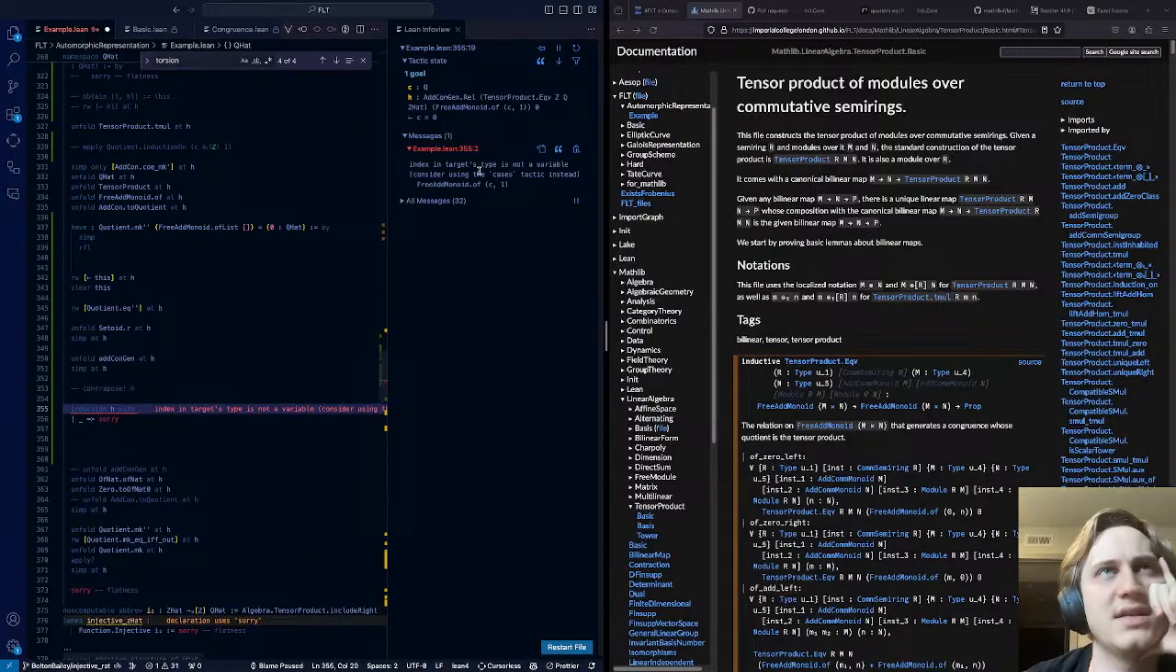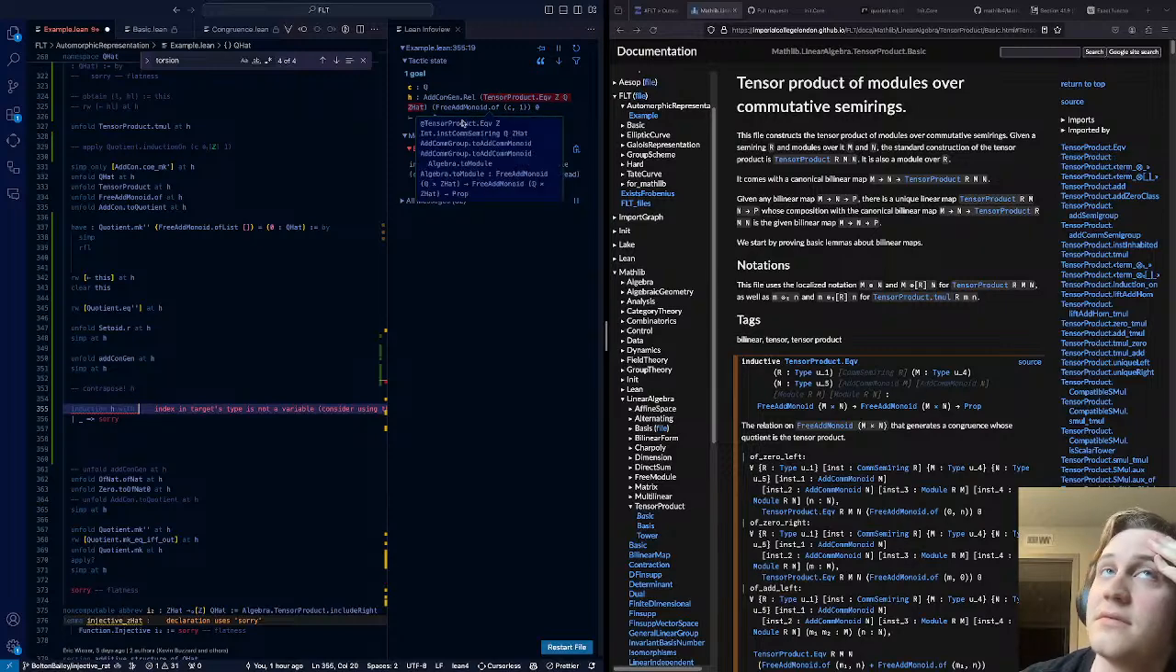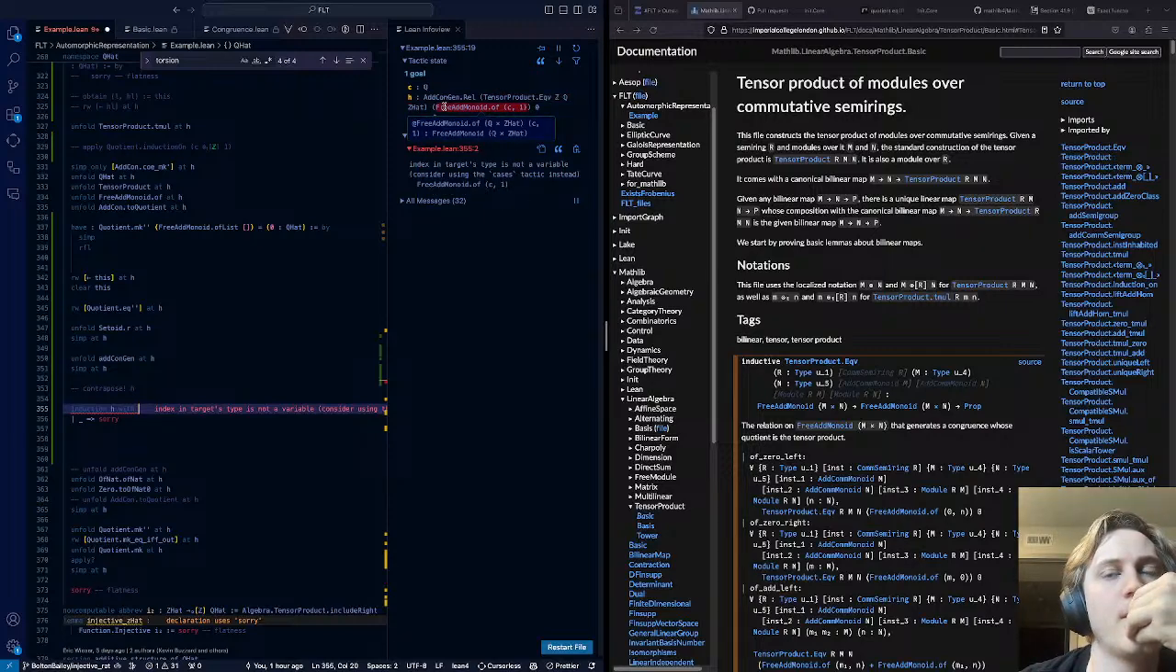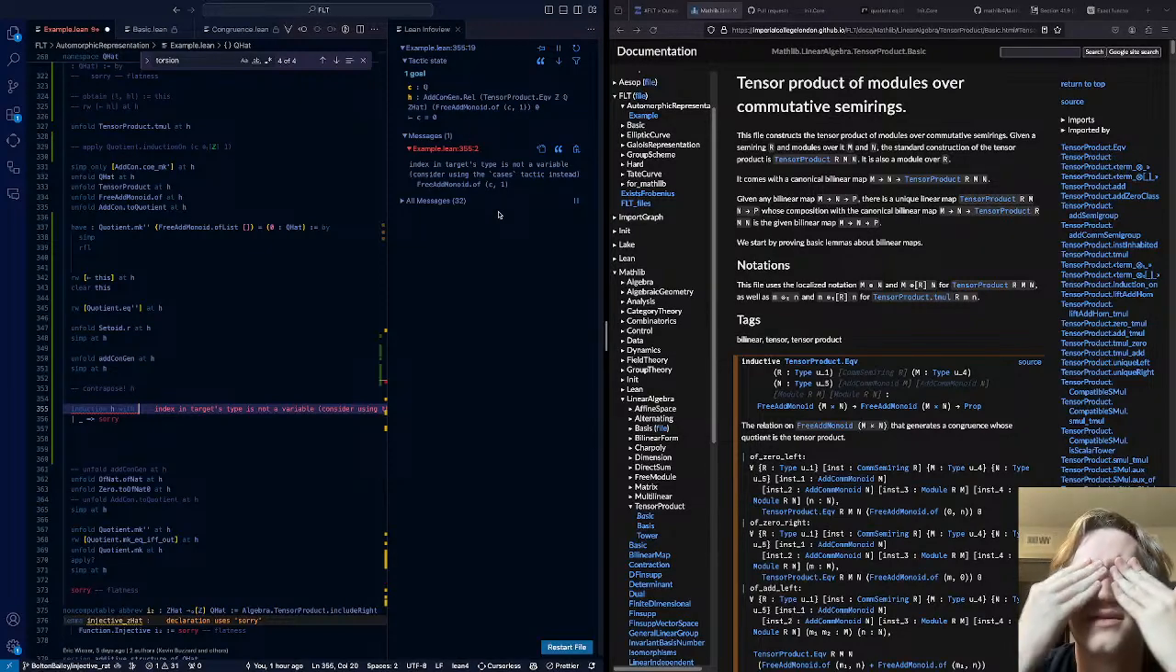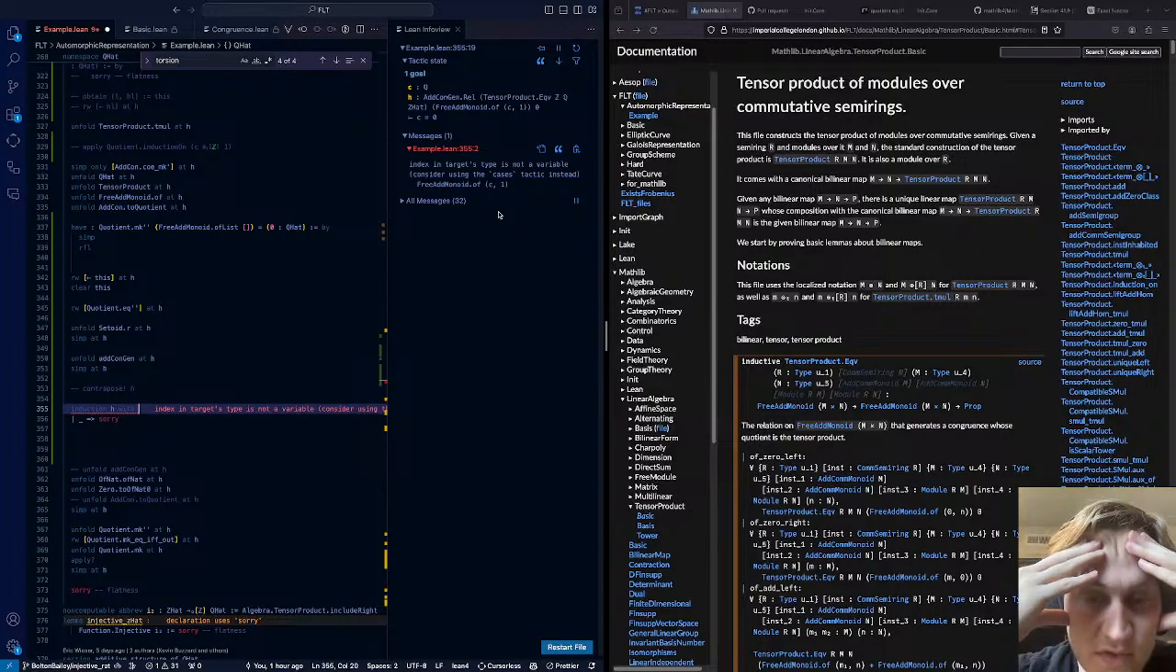The index in target's type is not a variable. Right. The issue is that these are not variables. It's not that I have some property of... right. Like if I had a list, thinking of this as the transitive closure. If I had a list, so I have one thing on one side, one thing on the other side. If I had a list of intermediate things, each of which was equivalent,